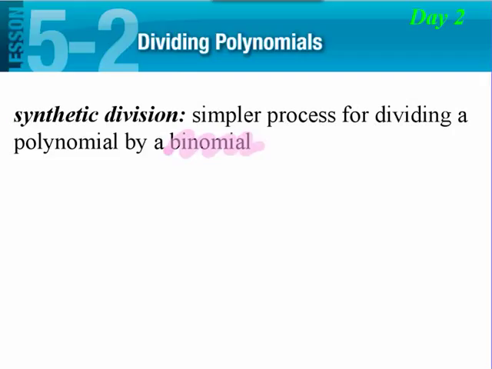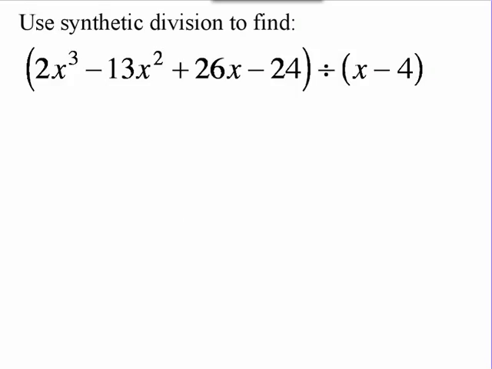Okay, a binomial, bi means what? Two. So that means it's a term with two parts. And the parts are very specific. One part has to be a variable, and another part has to be a number. Example, like if you had x minus 2, or x plus 1, or x minus 3. And so now, what we're going to do is look at this. It says use synthetic division to find